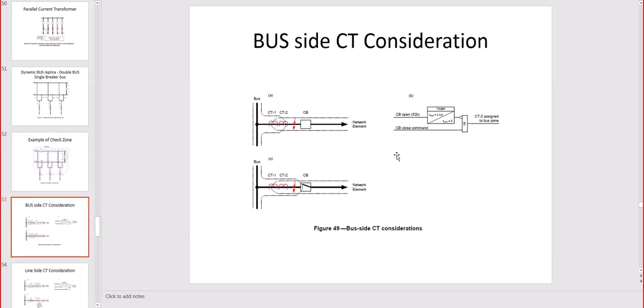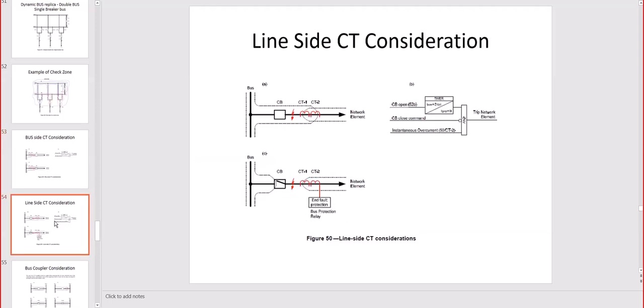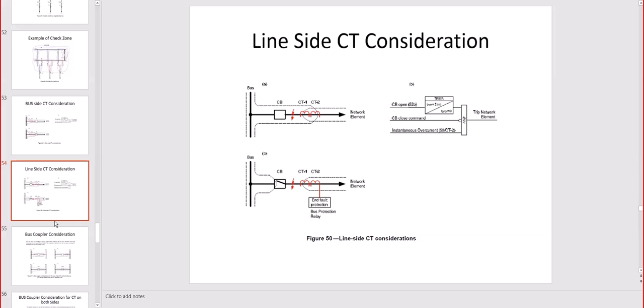Bus side CT considerations. Yeah, we kind of talked about this. What is happening if you have a fault when you don't have the CT, you will not know. So this is the lesson learned here. You need a CT on both sides of the breaker. Yeah, there is a time delay to open and close. How do we discover a breaker fault? Probably is a slide after this. Breaker fault will be identified via either auxiliary contacts that are not operating synchronized with the main power contacts,